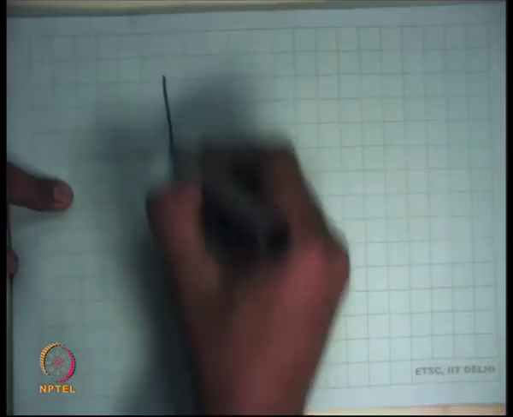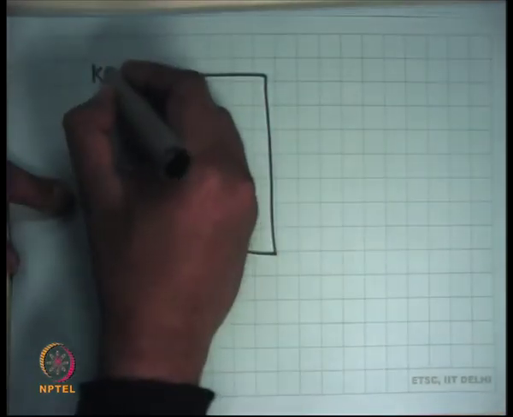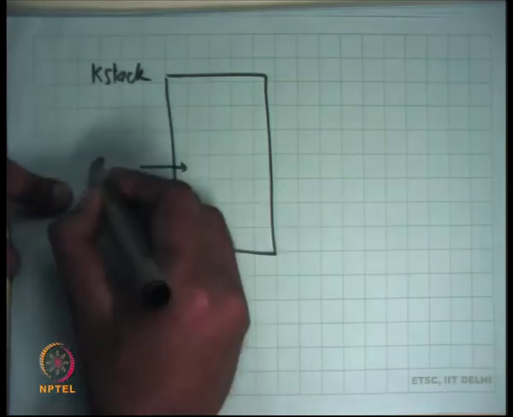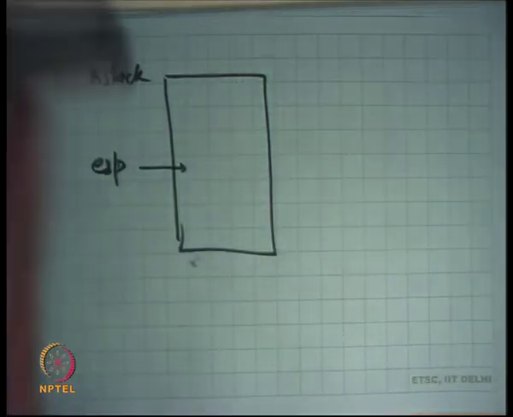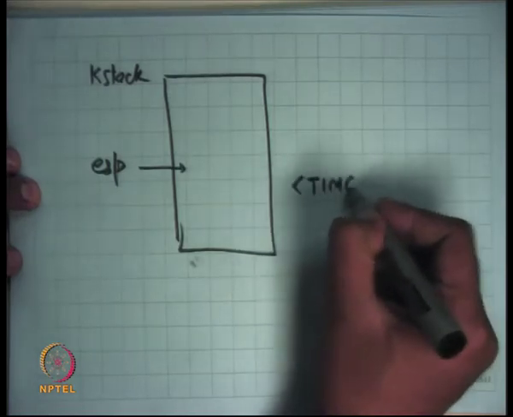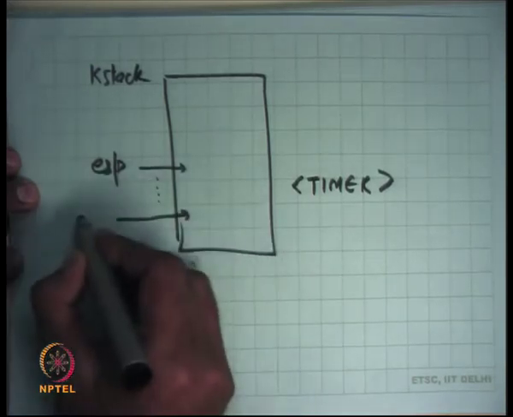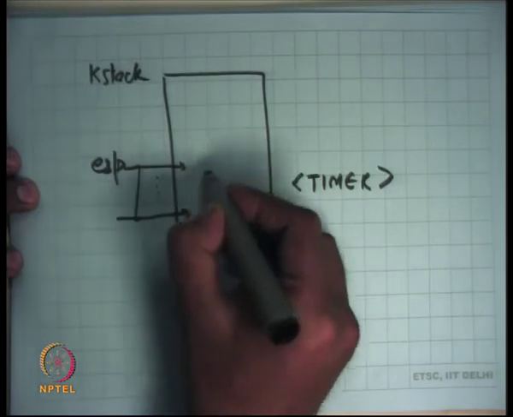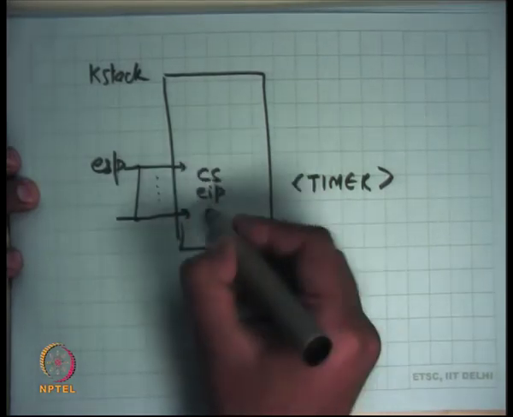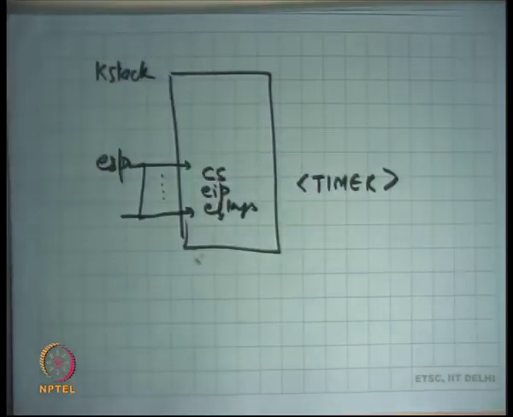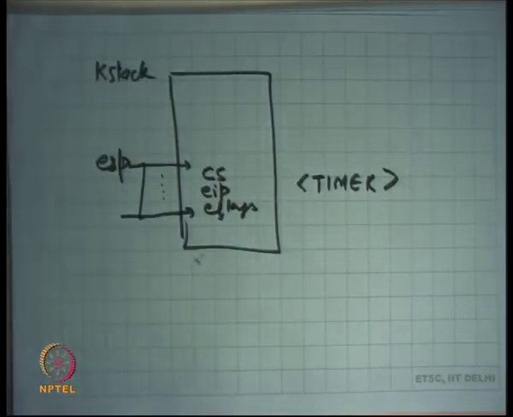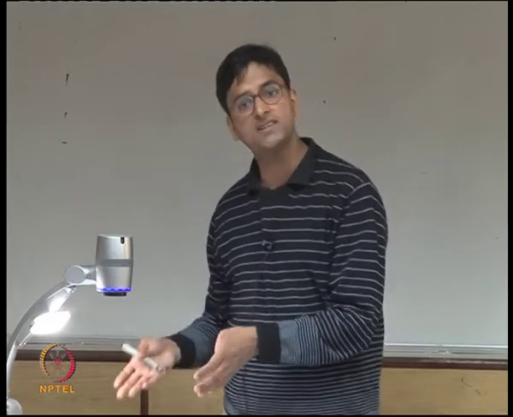So if you were executing, let's say this was the K stack, and this was the ESP while you were executing in kernel mode, and a timer interrupt comes. What will happen is ESP will just get decremented, and CS, EIP, and EFLAGS of the kernel at that time will get saved, and the handler will get called just like before. So it's possible that the kernel's execution gets interrupted, in which case the kernel's EIP gets saved, and all the other registers will also get saved just like before.